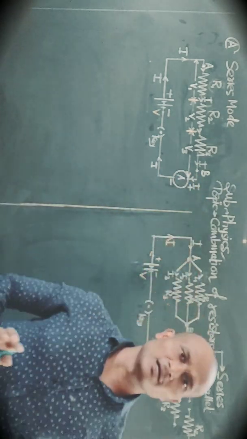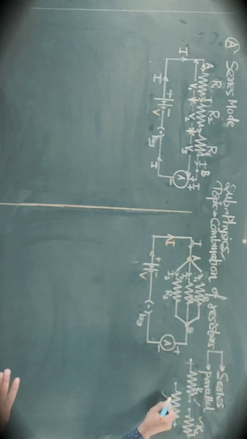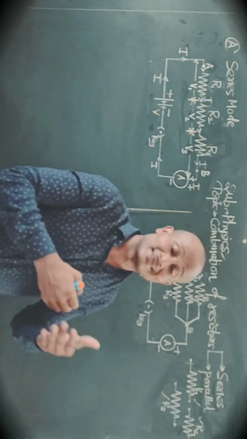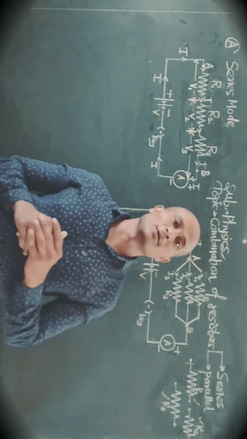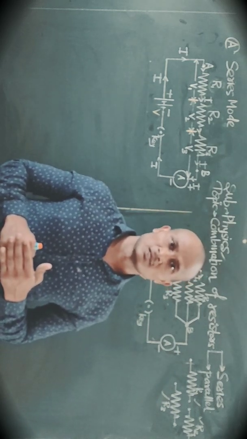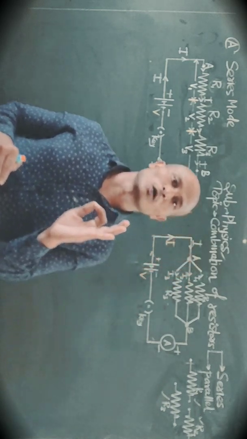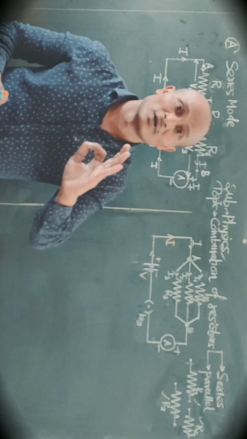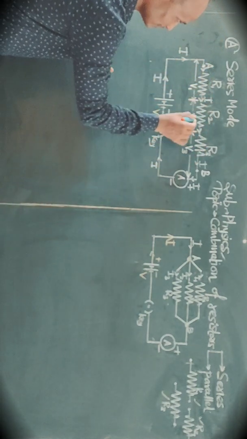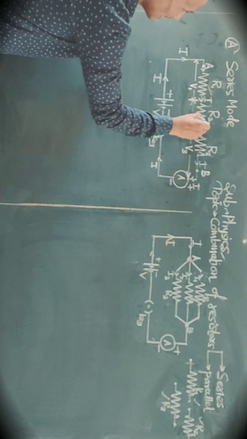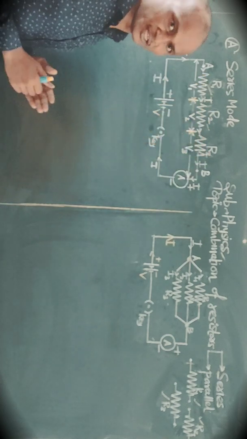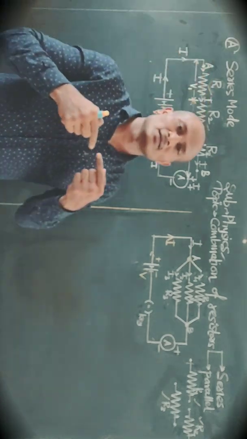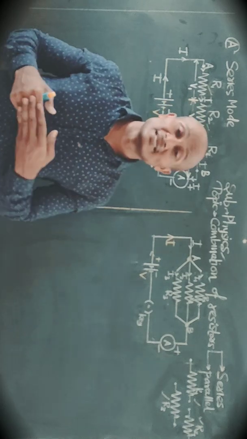Suppose we have three different resistors R1, R2, R3, and we have to find out, if you connect them in series, what will be the net resistance, and if you connect them in parallel, what will be the net resistance. Before that, let us understand what is series combination of resistors or series mode of resistors. If you see here in this figure, the resistors R1, R2, R3 are connected in series arrangement. That is, they are connected one after the other. So if you connect the resistors one after the other, we call it series mode.